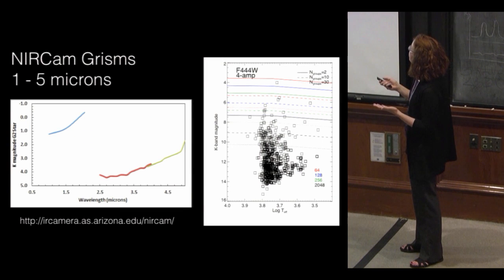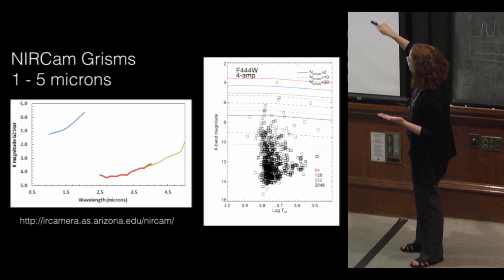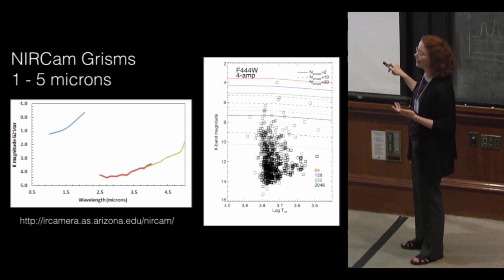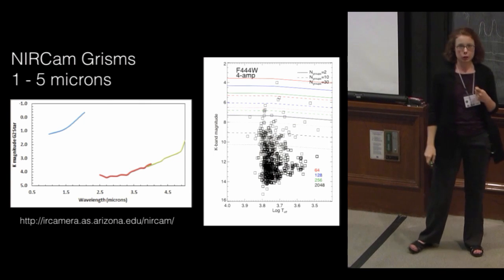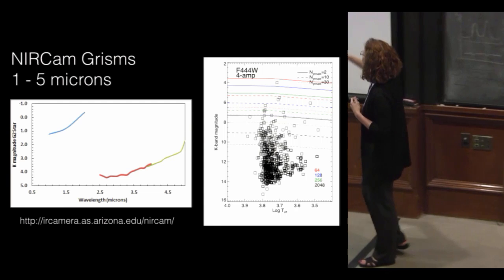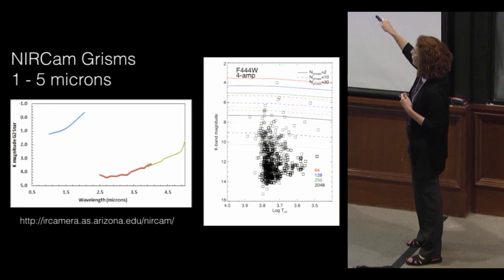So the especially great thing here, so here's the DHS bright limits. I'm hard pressed to find anything that can't be observed with the DHS. If someone can come up with something, let me know. And there's the bright limits here for the long wave with grisms and the 4 amp readout pattern